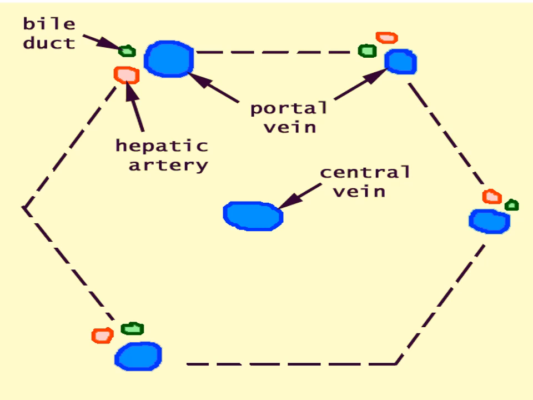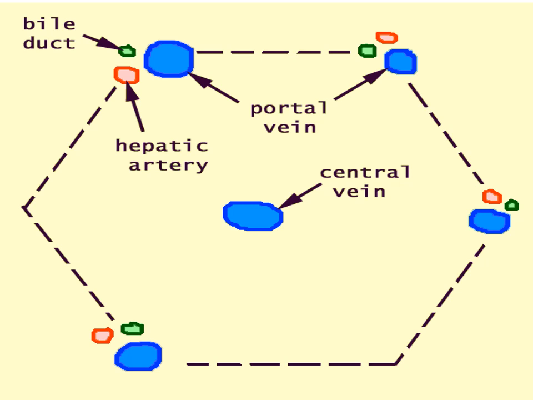At the angles of each hexagonal hepatic lobule are present roughly triangular areas known as portal areas or portal triads. You can see here at the corners of the hexagon are lying the areas which are known as triangular areas, which are known as portal areas or portal tracts. Each portal area is seen to contain three distinct tubular structures lying in a small amount of connective tissue. These tubular structures are collectively known as portal triad.